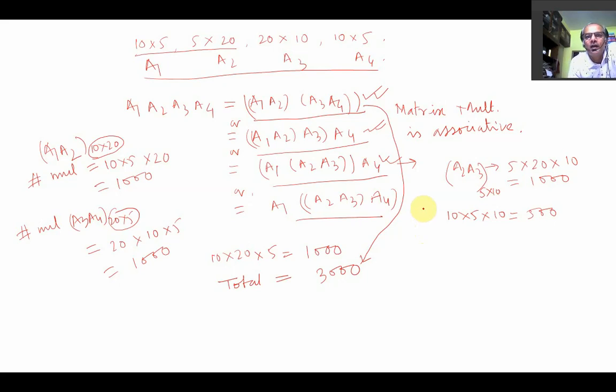Lastly you have to multiply the 10 into 10 matrix with 10 cross 5, that is 10 into 10 into 5, which is again 500. Now what is the total number of multiplications? The total is equal to 2000. So which is good. If you do the multiplication for getting the same result, in one order the number of multiplications is 3000, and here the number of multiplications is 2000.